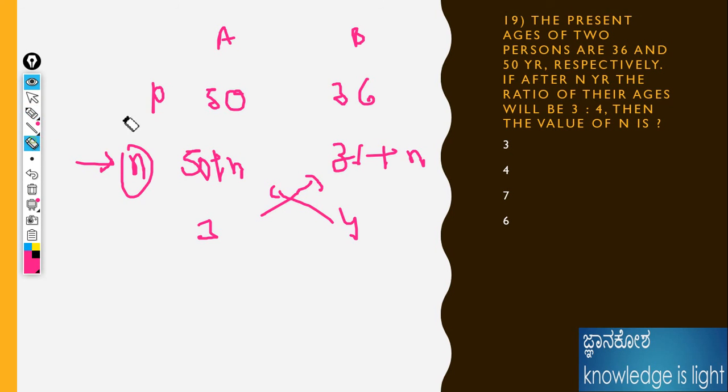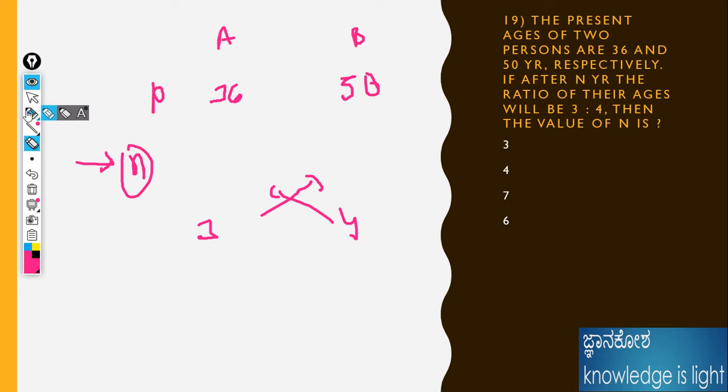Okay, first given as 36 here. That's why observation is very important. If you do not observe properly, then the question will come out different and the answer would be wrong. What is this thing? 36 plus n and 50 plus n. Understand? And okay, then what is the next step?